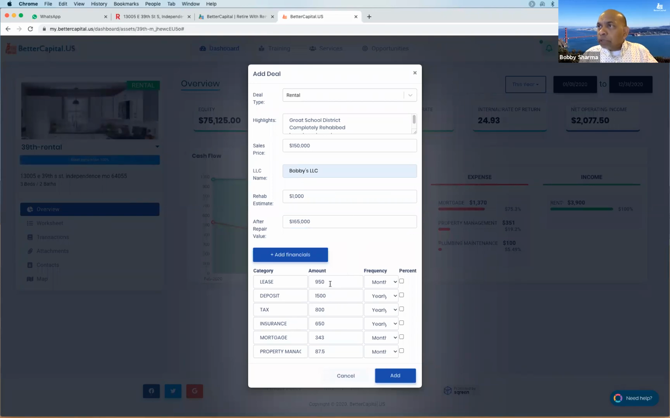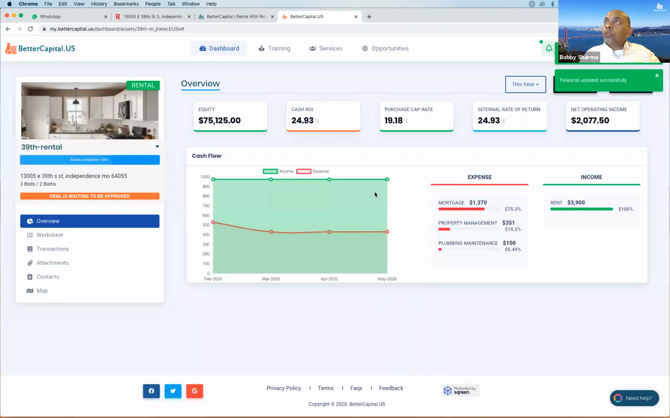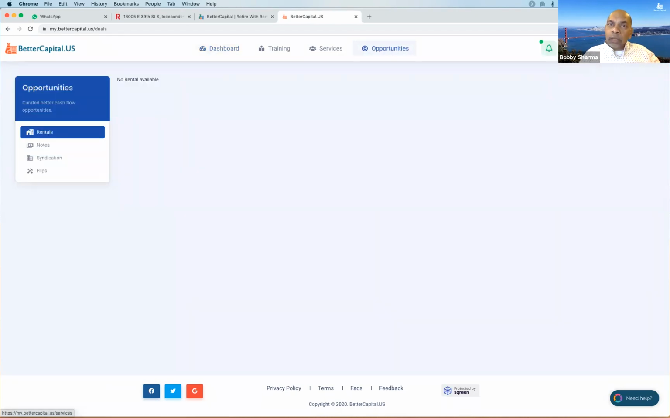Here's all the data that we had entered earlier. It's going to come in here. And I'm just going to say, I'm going to add this property to the system. Now, if I go on opportunities page, it's still not there, because now I, as the admin, will have to